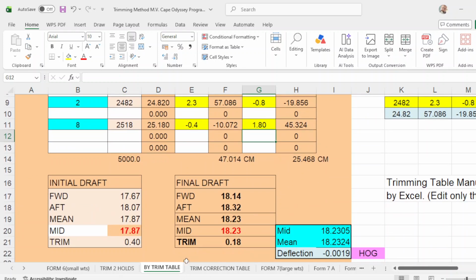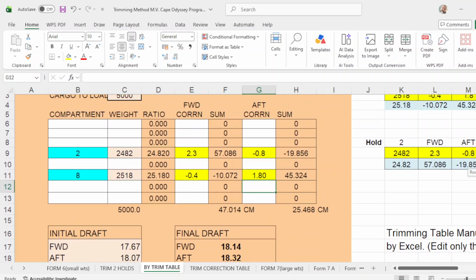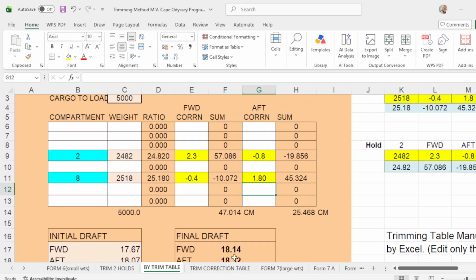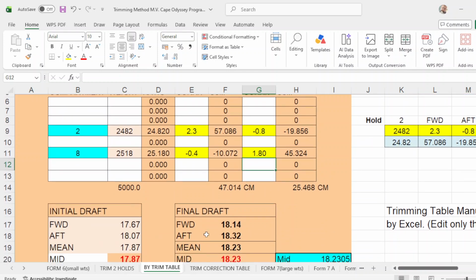Then you will have your departure drop. So the departure drop here, forward is 18.14, up is 18.32, your main is 18.23, mid is 18.23, but your trim is 0.18, short of 2 centimeters. So we will adjust this forward correction to meet the 18.13 and adjust the up correction to meet the 18.33.